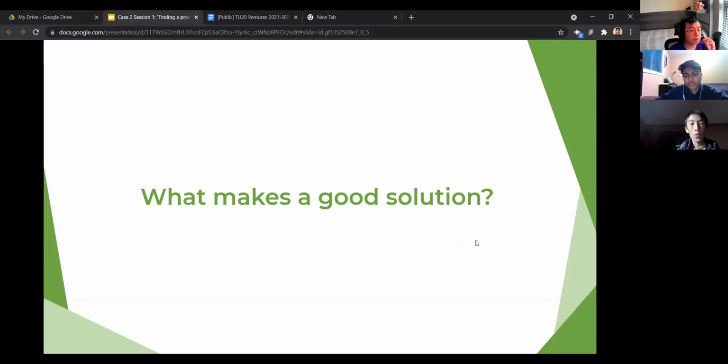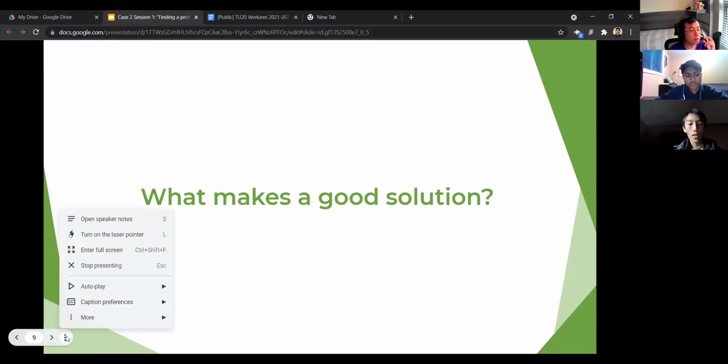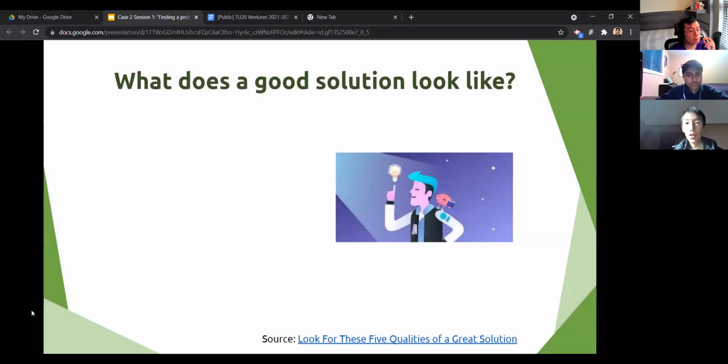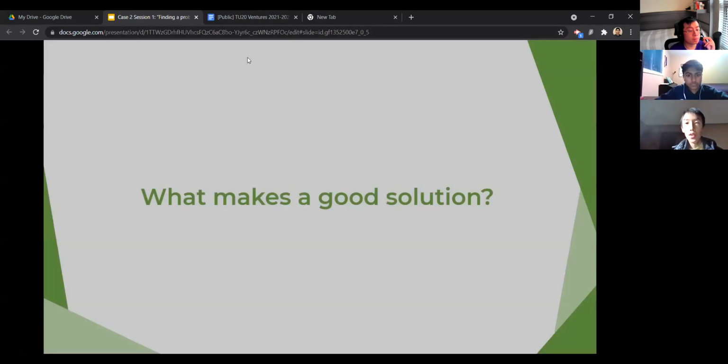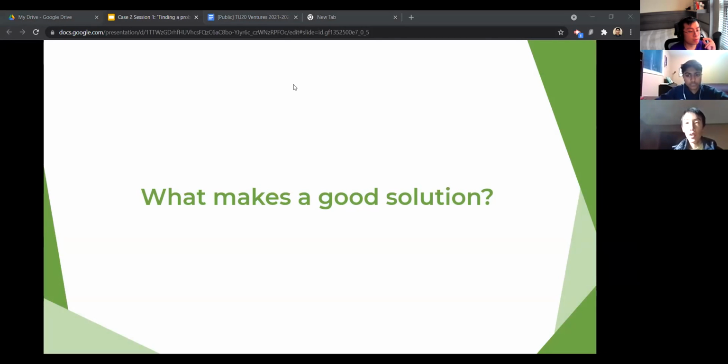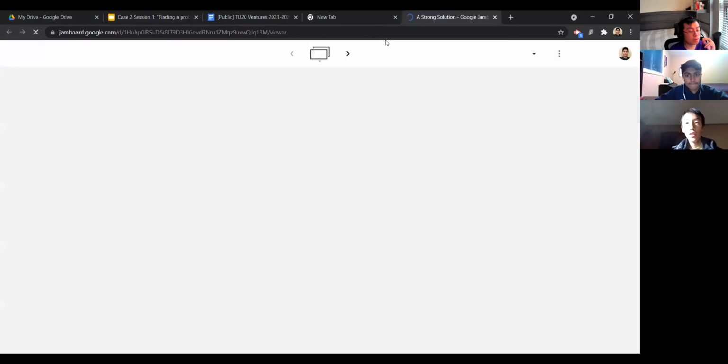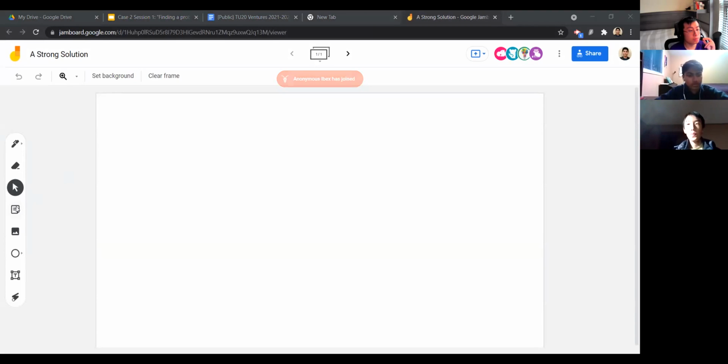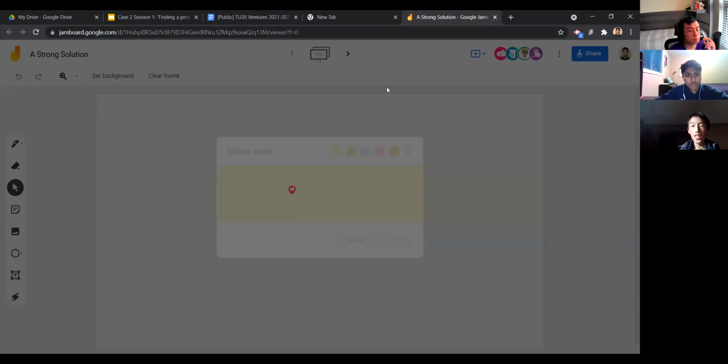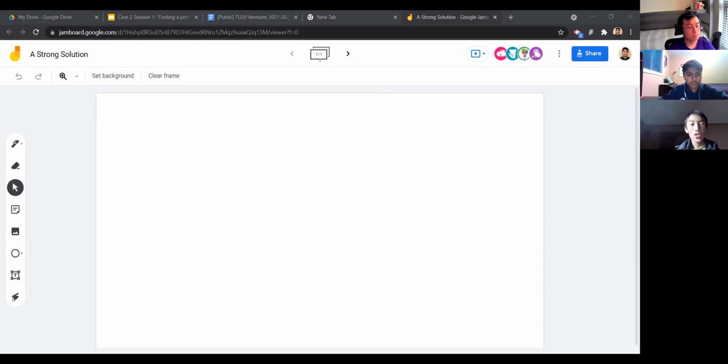So now let's go into the solution part of this session. I wanted to start by doing a little Jamboard interactive activity. I'll share with you the link here in the chat. It should be editor. Can you guys edit it? Awesome. So basically, we're going to just discuss right now what makes a good solution, and